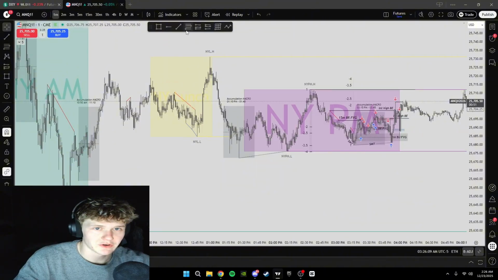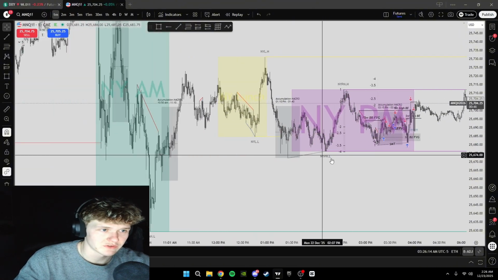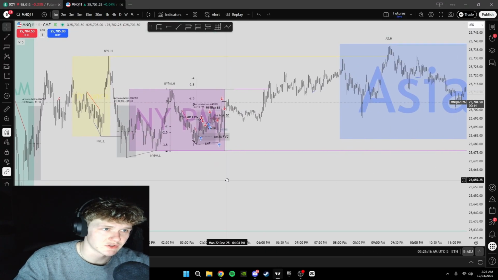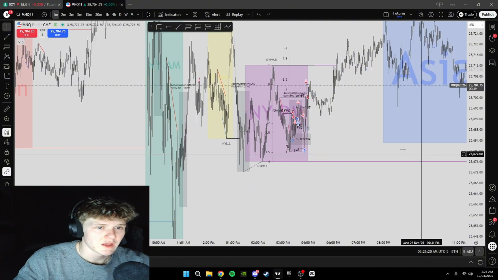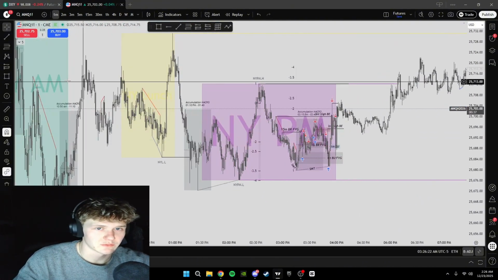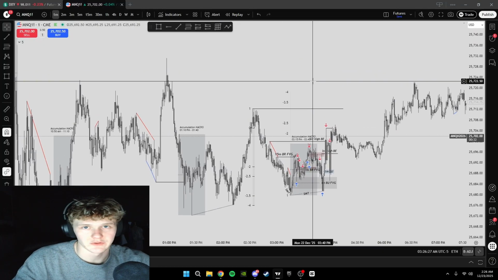So with lunch hour here, the lunch hour actually got swept by the first PM macro. So I'm looking for these lunch highs to be sort of a draw on liquidity eventually, which you can see they get hit during Asia session. So they were kind of the lower draw on liquidity, but they were the next draw on liquidity in terms of price delivery. But usually during PM session, after the lunch high or low gets taken out,